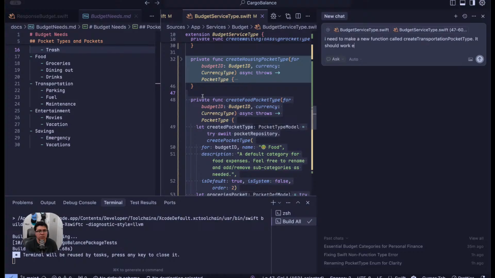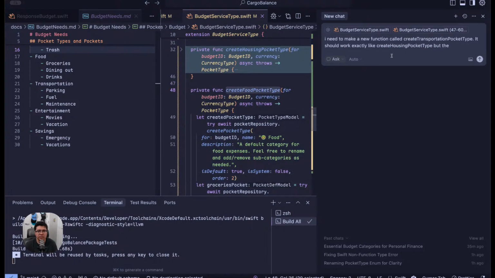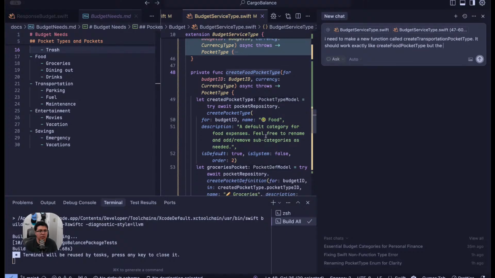It should work exactly like create housing pocket type, but the name is car transportation and has pocket defs for